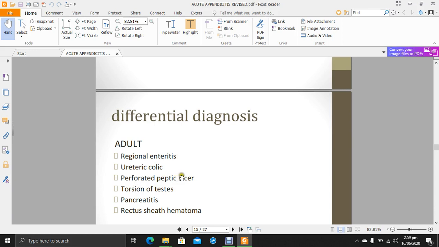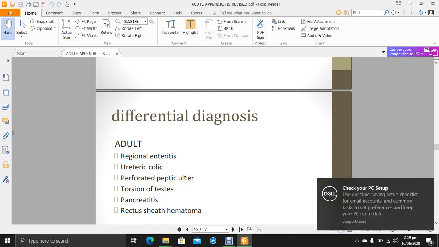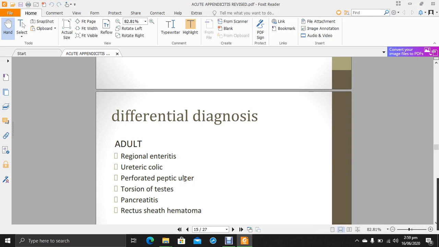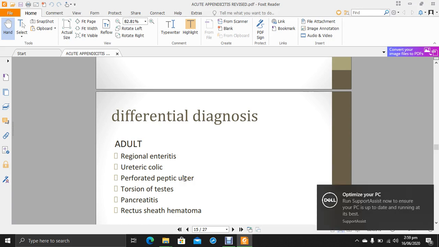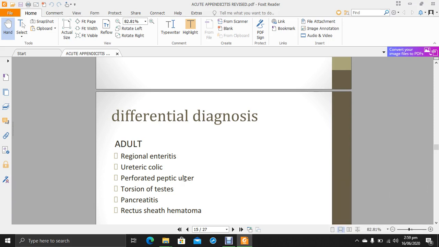And a perforated peptic ulcer can present this way, because when perforation occurs, the acidic secretion of the stomach comes down through the right gutter into the right iliac fossa. You will think this is acute appendicitis. But remember one thing, this is very important. If you are in the periphery and you are a medical officer or physician, not a surgeon, you should not give any analgesic to the patient, so that it can be properly examined by the surgeon and complications avoided. If you give analgesic, the pain will be masked, so you should avoid it.